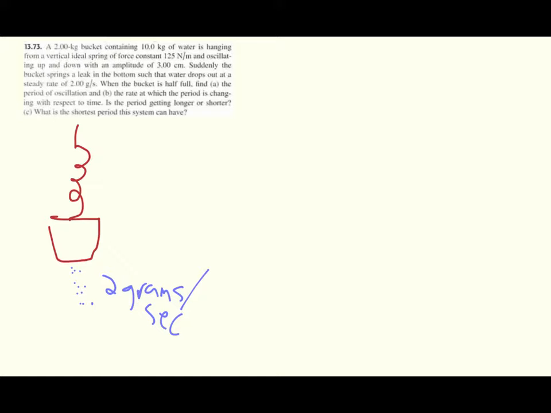They want us to first, when the bucket's half full, find out what the rate is at which it changes. So let's make that bucket half full of water. Normally we wouldn't be able to see this because the bucket would be opaque. But okay, so it's half full. And they ask us what's the period. Well, again, it's going to be just a mass on a spring, so we can use T equals